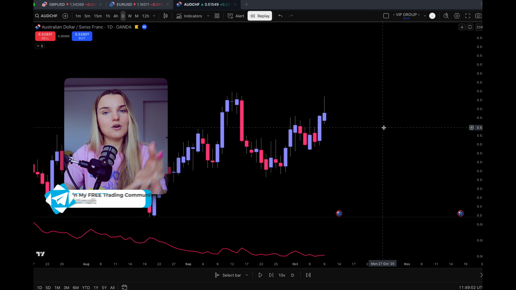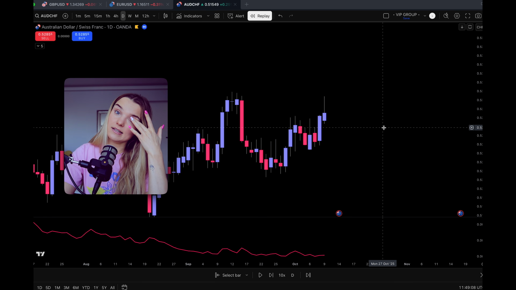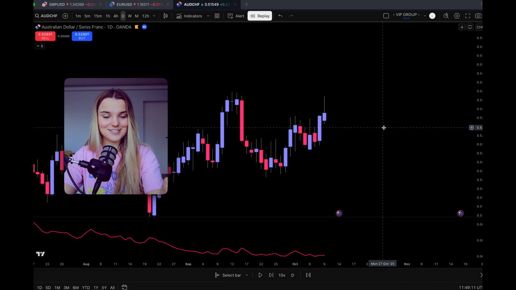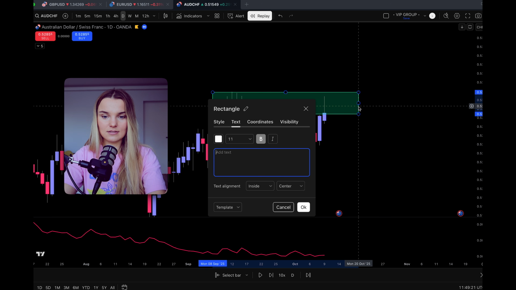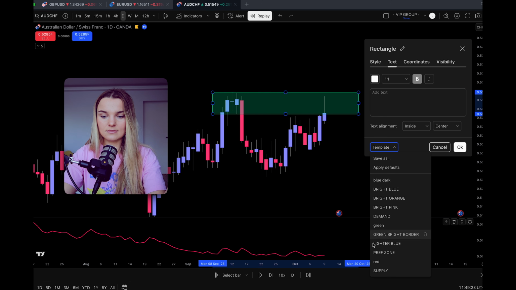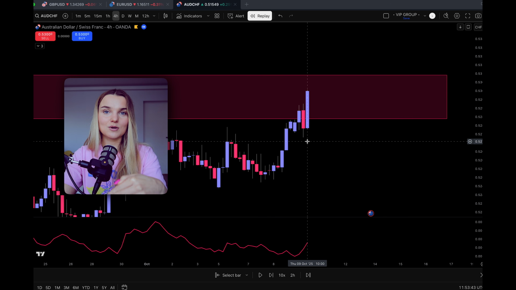So now that I know the overall market trend, I then start to look for a supply level to trade from. Now typically I try to find these on the 4-hour time frame, but this time I got lucky and I spotted a very clean supply zone on the daily chart, which is even better. So in this case, the supply level was just like that, and of course supply is red, so we're going to make it like this. So once I mark that supply zone on the daily chart, I then move back down